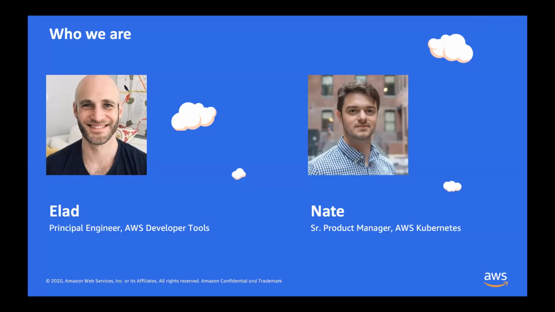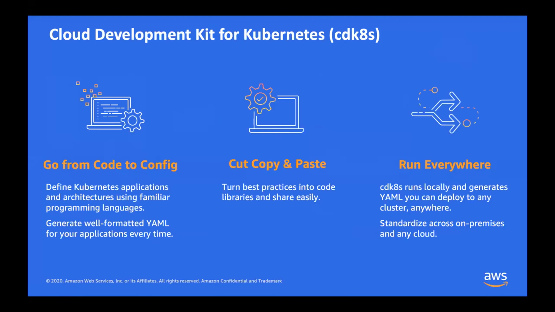Awesome. So I think that's a good intro of who we are and what we're doing here. And I think what's exciting is that we have a brand new project to share with you today. I know a lot of times these slides and demos can wax on for a long time about why we built this and how awesome it is, and then you never really understand what we're actually building. So we want to start off right away this morning and tell you about the Cloud Development Kit for Kubernetes, or cdk8s. This is a brand new project that we've been building at AWS for the past few months, and we're really excited to be showing it off to the world for the first time today.